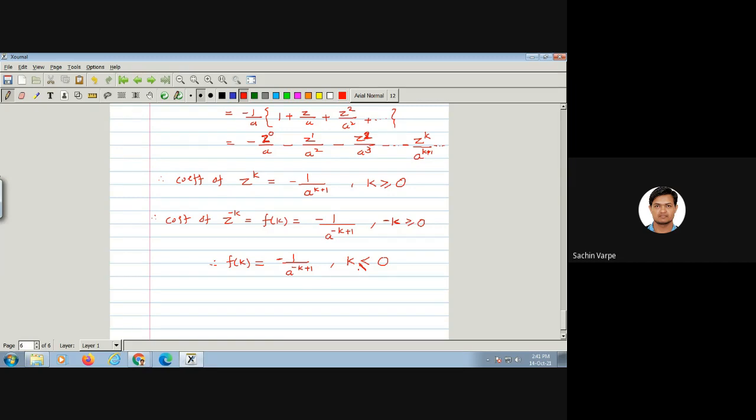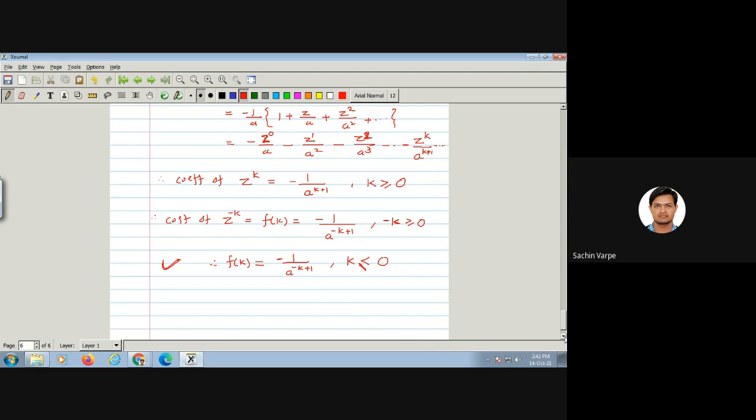तो for k equal to 0, I am getting minus 1 by a, but for k equal to 1, I get minus 1 by 1/a². k is less than or equal to 0 के लिए मिल रहा है। Yes, exactly. So this is the required answer for mod z less than mod a।